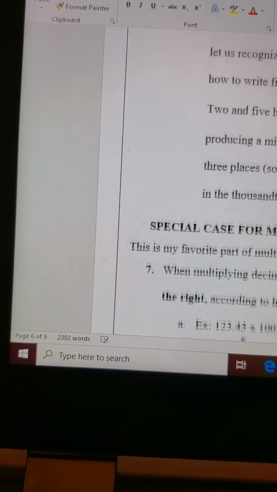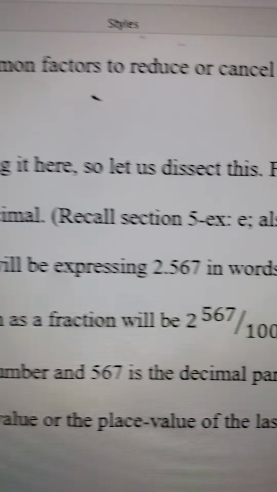Here we go, section 5, example E, 22/10, right? Where we have an improper fraction, right? Okay, let's get back to where we were. Here we go. So also